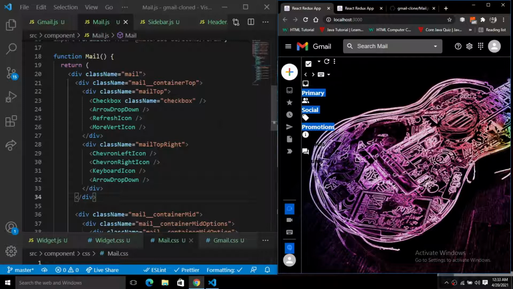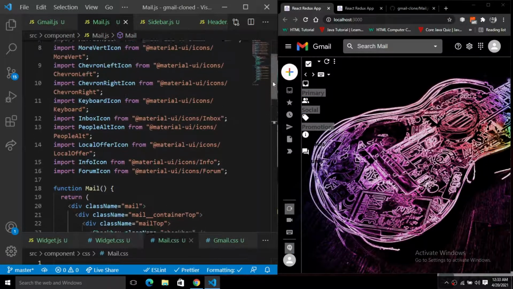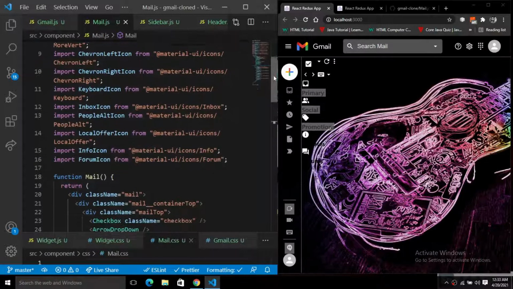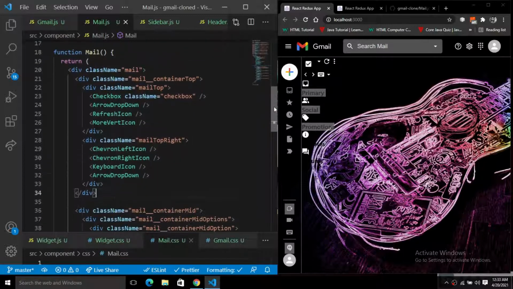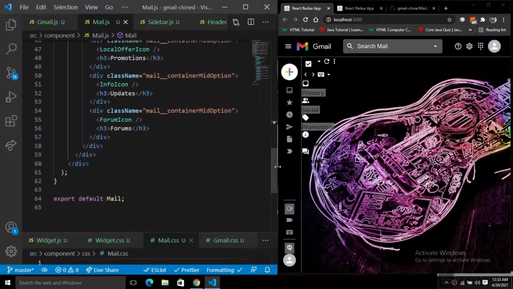I think some parts are frozen there, I don't know why this happens, but I'm going to simply scroll it from the top to bottom to show you guys, so that if you have left anything in the code, you can simply match it from there. So I'm going to scroll it from the top to the bottom. So everything that we are done with, we have scrolled it down there.